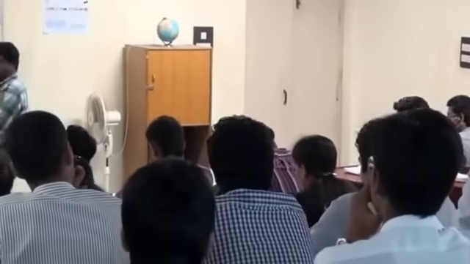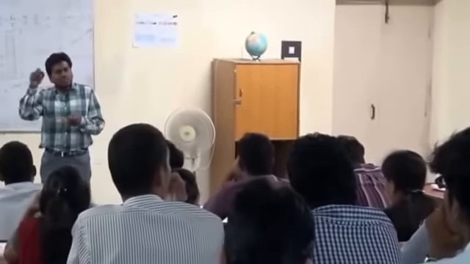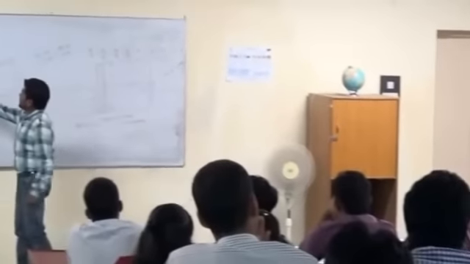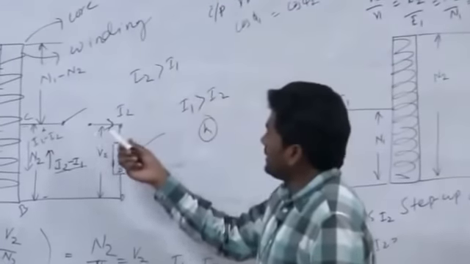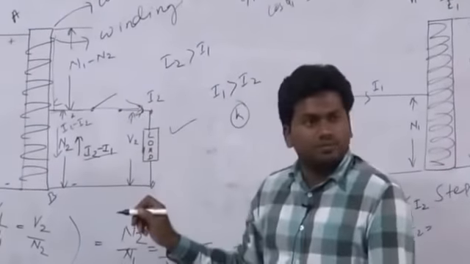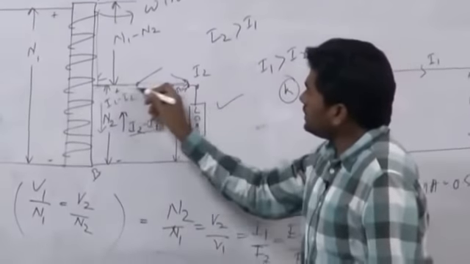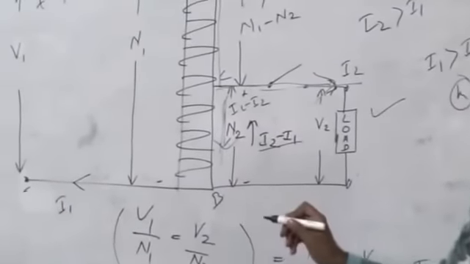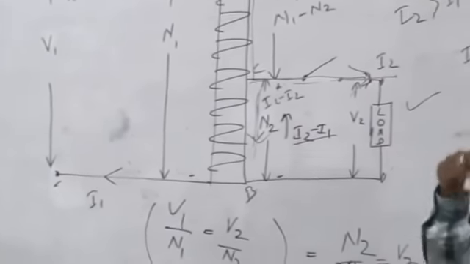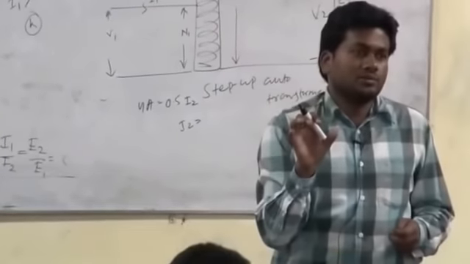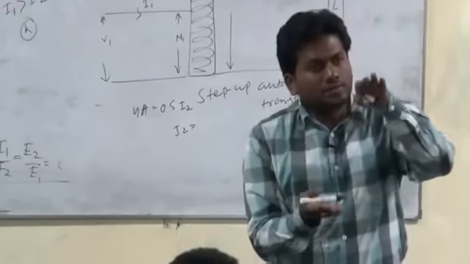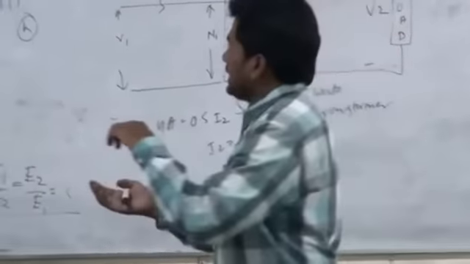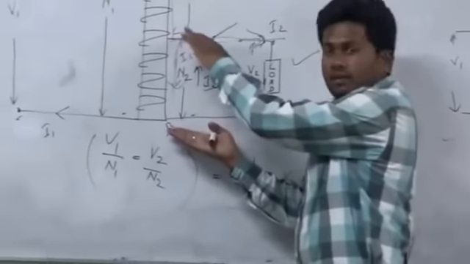Here also we have that principle. By KVL, the direction of current I1 is like this way. Now I1 flows in this way. So when we have this current, it is now called I2. If I2 remains here, then what is the remaining current flowing over here? I1 minus I2. That current is producing the MMF, which is opposing in nature to I2. Are you getting it or not? I1 minus I2 is the current flowing in the secondary winding. Here I1 minus I2 is flowing. Okay. But what we